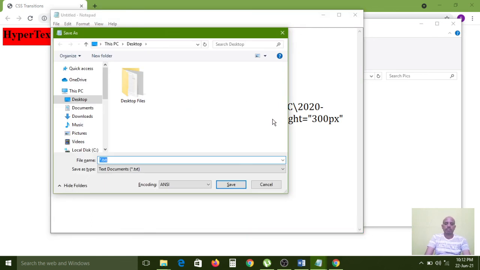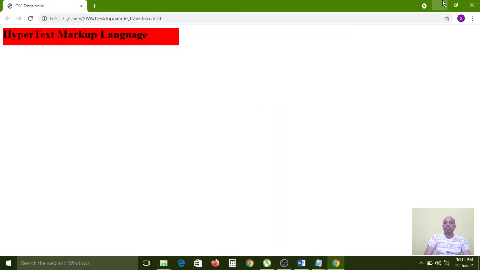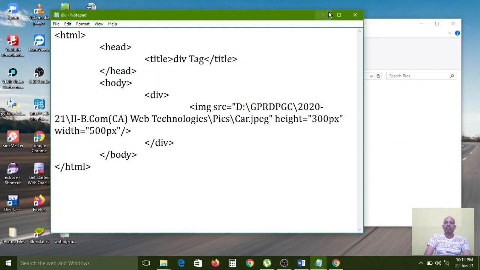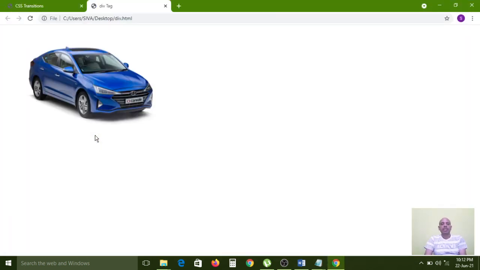Carefully observe. Save as div.html, save as type all files. Now I am going to minimize this one and minimize this one. Now I am opening the div tag file. So carefully observe. Here that car is looking like that now.